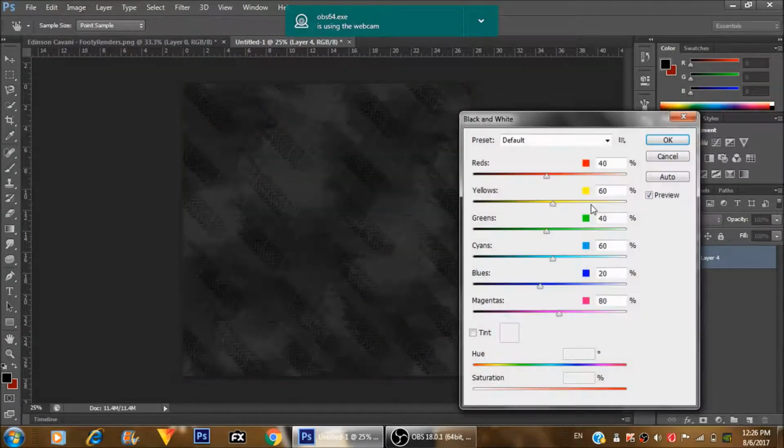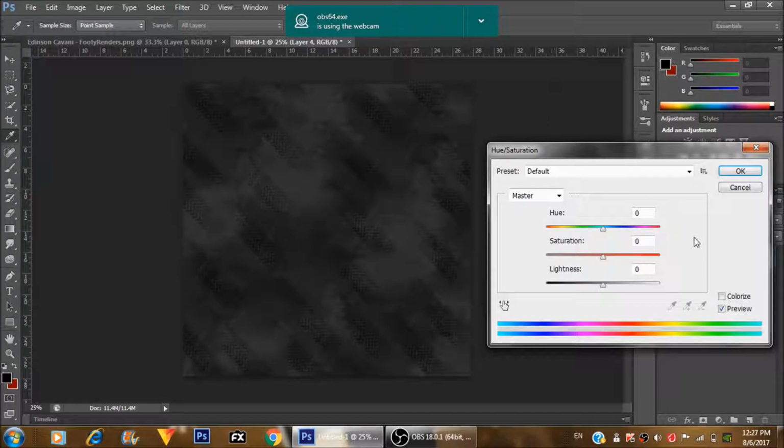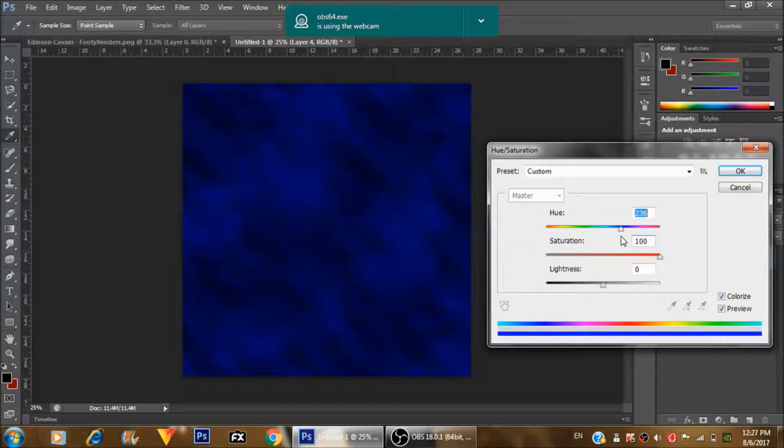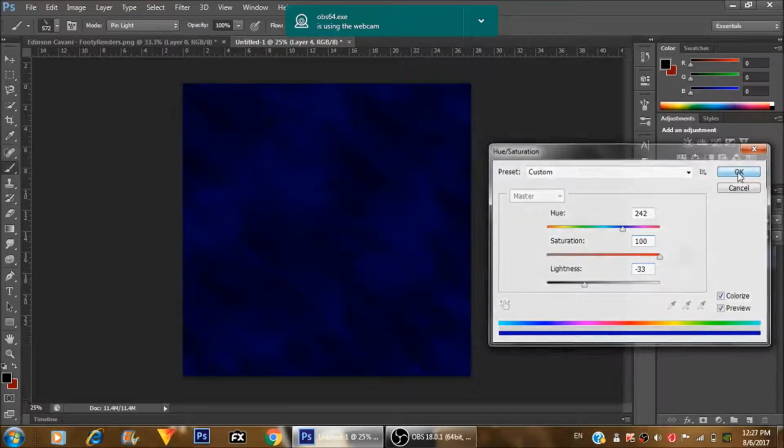And now we have a black and white background. Press Ctrl U or Command U on both operating systems respectively, and then take the saturation all the way up, and now you can just play with the colors. Actually, for this edit, I think we're going to need a blue. So yeah, I think that ought to do it. We have got our blue background in here,